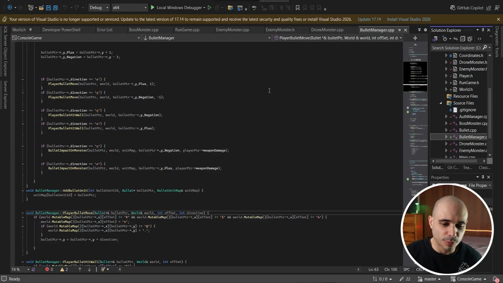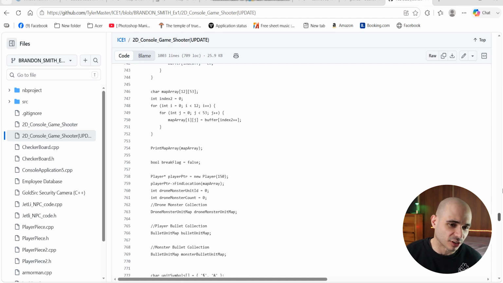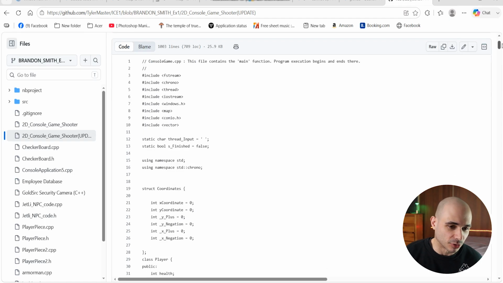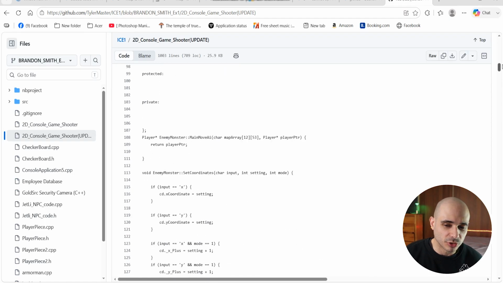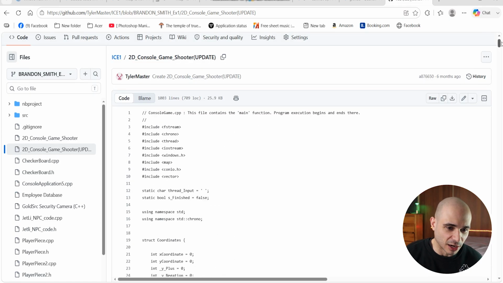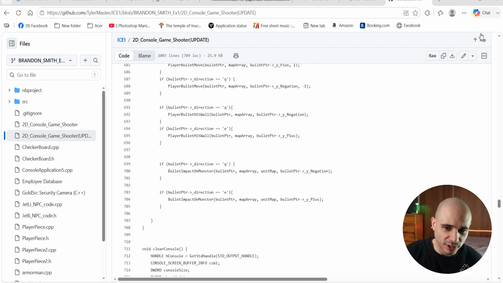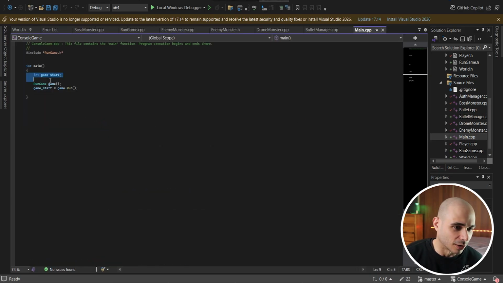So I basically finished polishing off my two-dimensional array little game engine that I wrote from scratch. It's just a console app that is printing a two-dimensional array, kind of like a tick system. Originally, I had the whole game in some giant main file, and obviously that's not the best thing. So I've split it up into multiple classes, and basically my main is just a very simple running of the